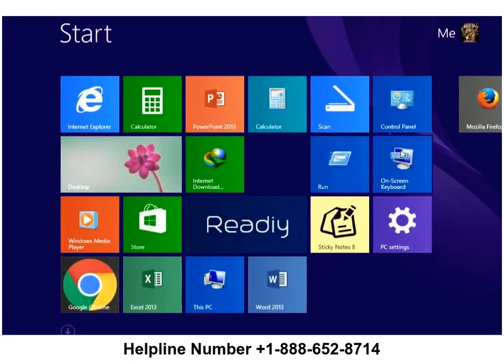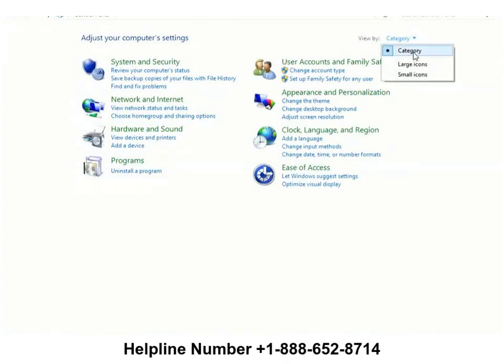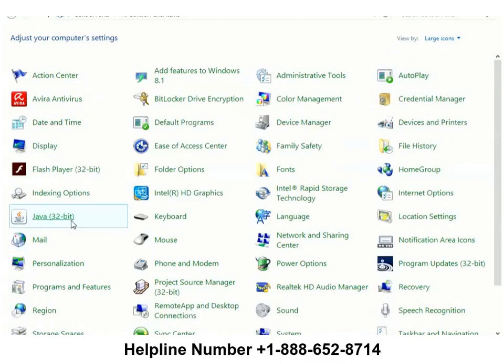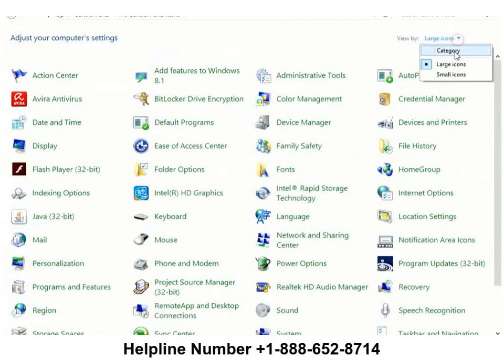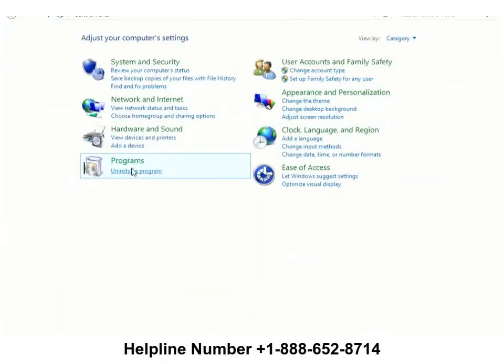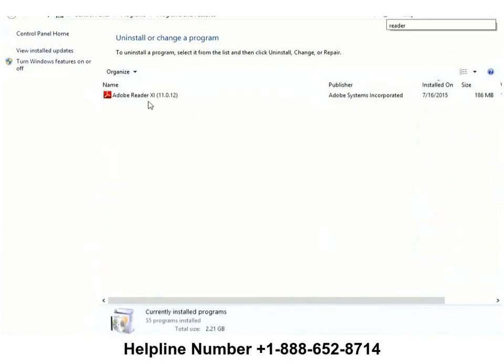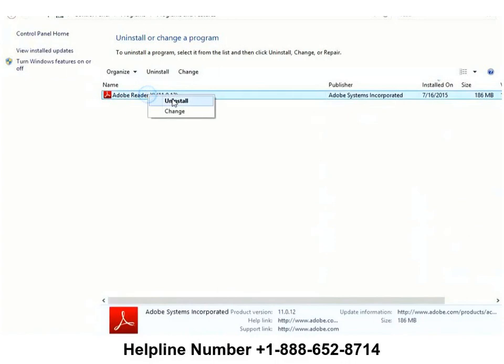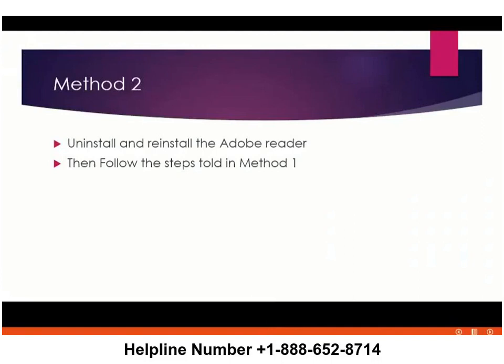Go to Control Panel and Programs. Sometimes the view will be different. In that case, you can go to category, and you can either go for large icons. Here also you can see Programs and Features. Else, if you are in category view, you will find it under Programs. So uninstall a program and search Reader. You will find Adobe Reader. You can right click and uninstall, and once the uninstallation is complete, you can go to